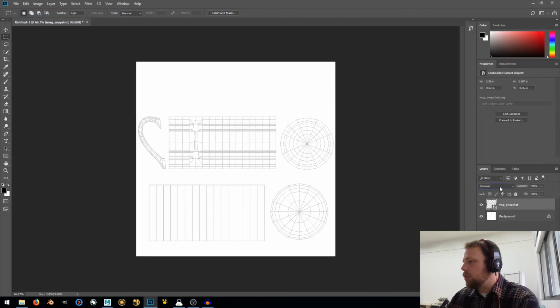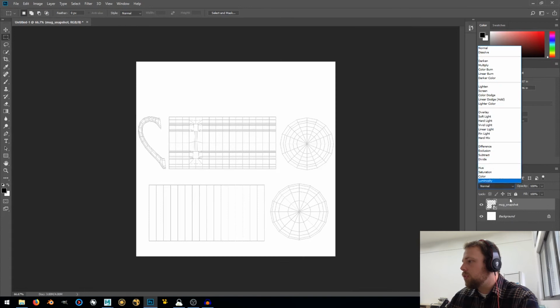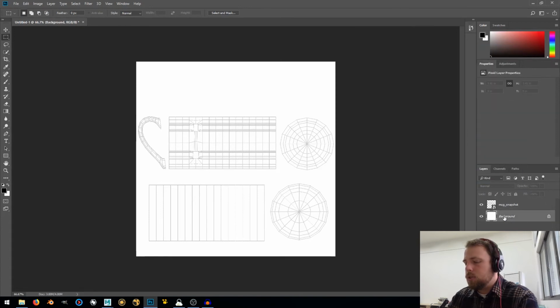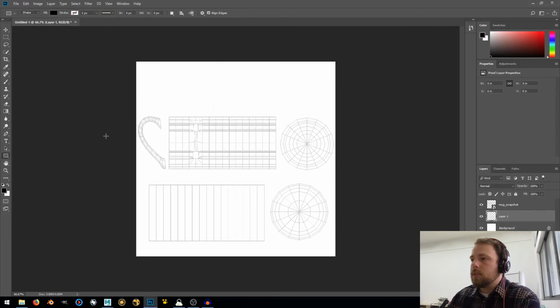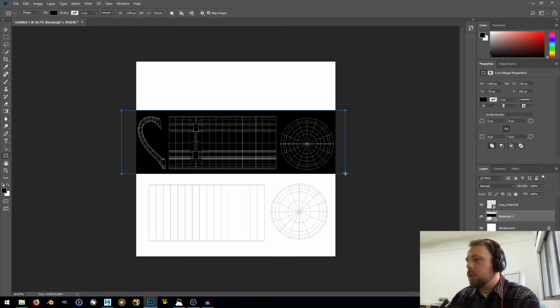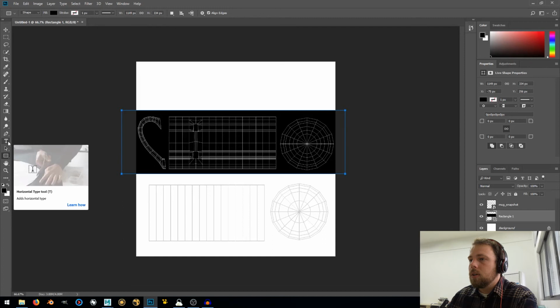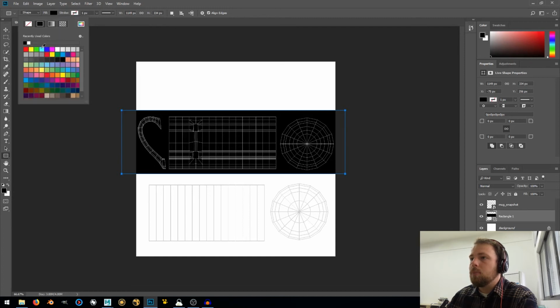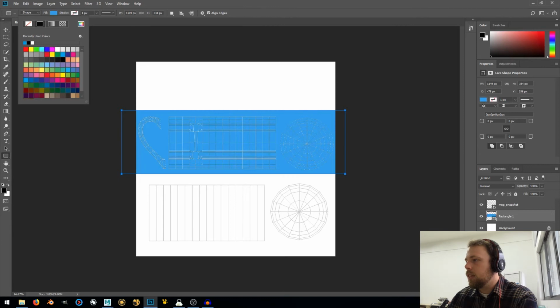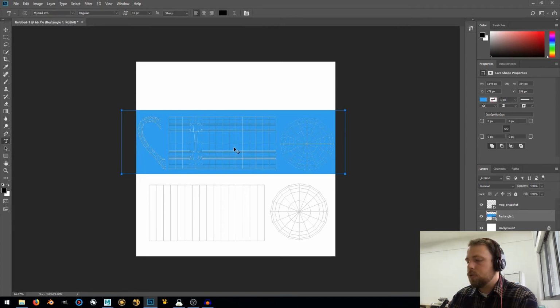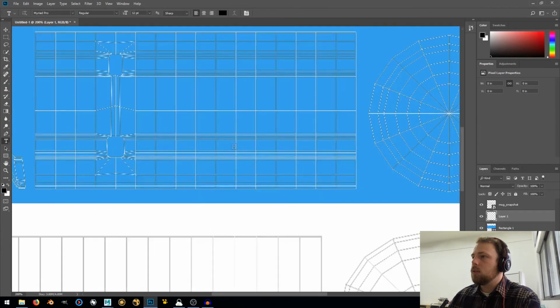I'm going to set this top part to, actually I can just leave it. And I'm going to hit Control Shift N for a new layer. And I'm just going to take a box. We're just going to do simple stuff. I'll draw a box around all the things that are the same, and let's make it kind of a light blue, something like that. Then I'm going to take my text tool, Control-Shift-N again, and I'm just going to make some